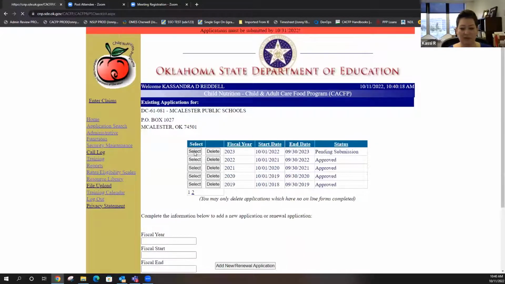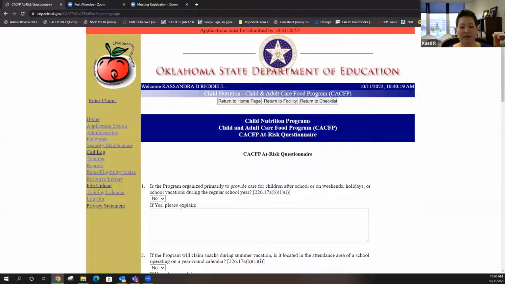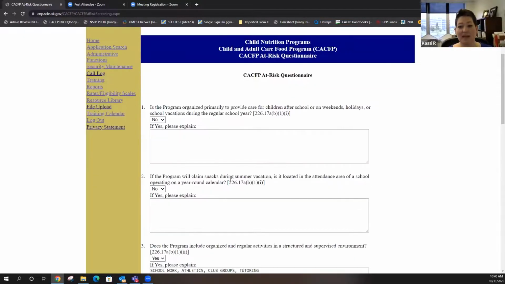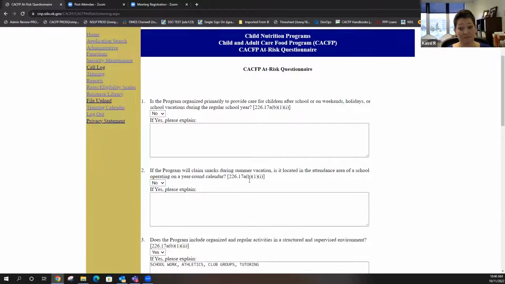And I know it's super frustrating, but you don't have to do the budget, so you get to click extra buttons now. You're not going to see this form unless you're truly at risk. If it's not checked on your application for participation, like I showed you, then you're not going to have this form, and you shouldn't have this form. So we did that so that we would eliminate people filling it out that didn't need to. So if this form is on your checklist, you got to do it.